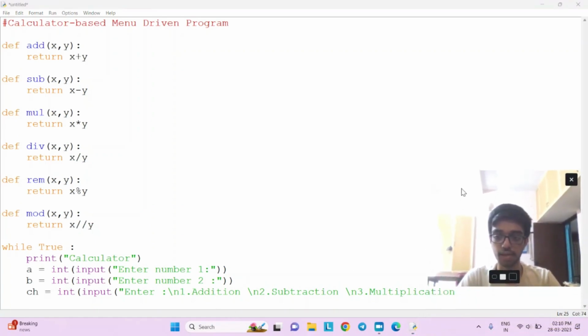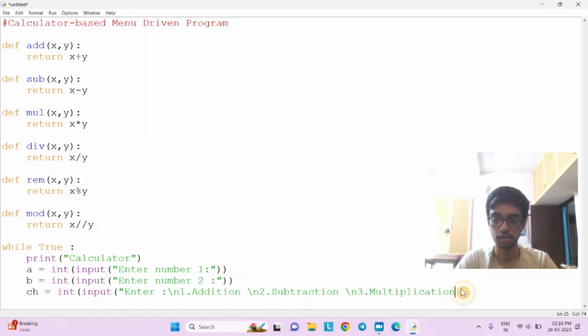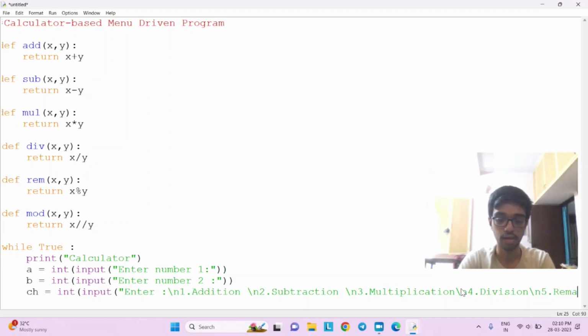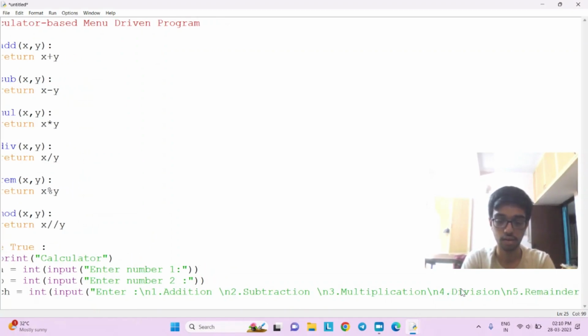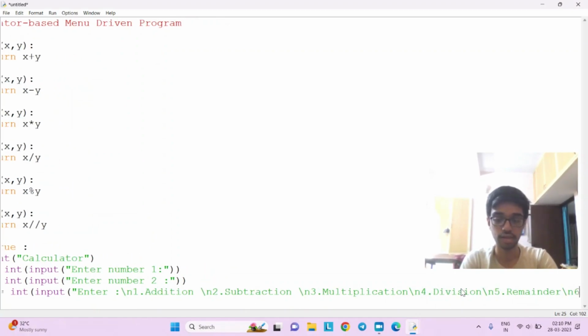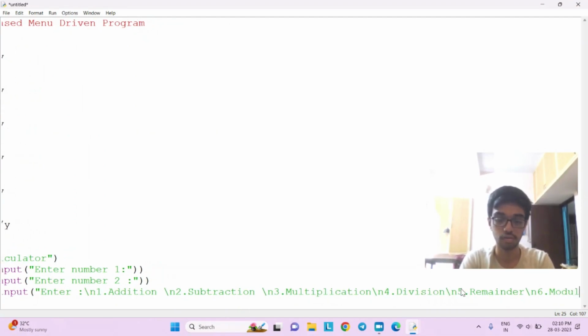I'm gonna move my camera a little up and then \n 4 division, \n 5 reminder, \n 6 modulus.